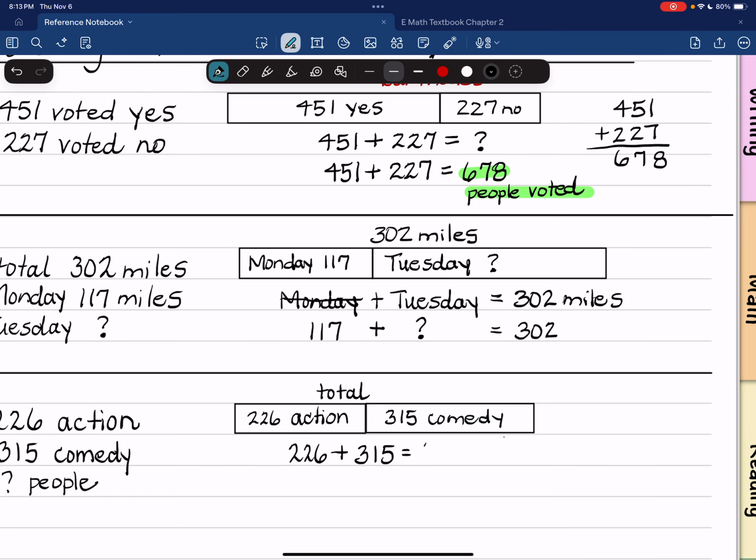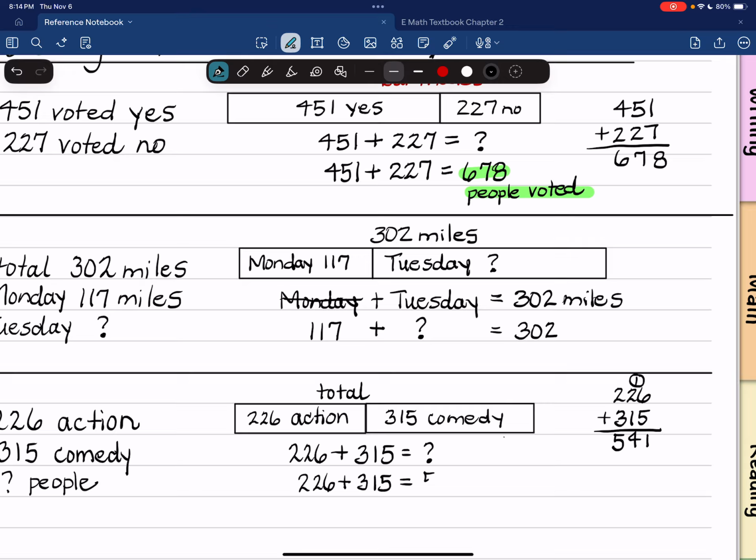And that would give me my question mark. So let's do this math. We know how to do addition. I'm using the algorithm model. So that's 11. I carry 1. Then 1, 2, 3, 4. And 5 down here. So my equation would be 226 plus 315